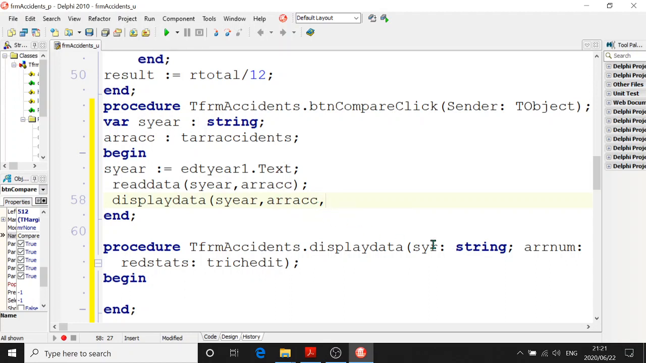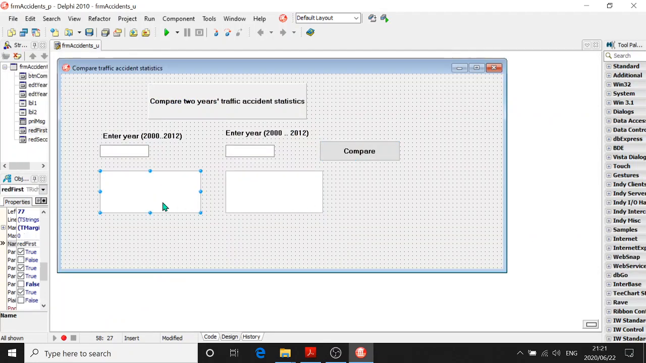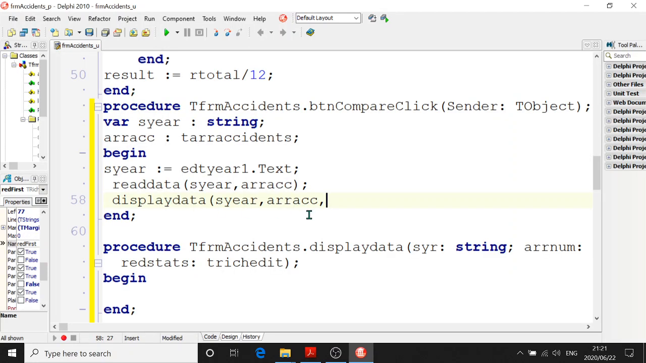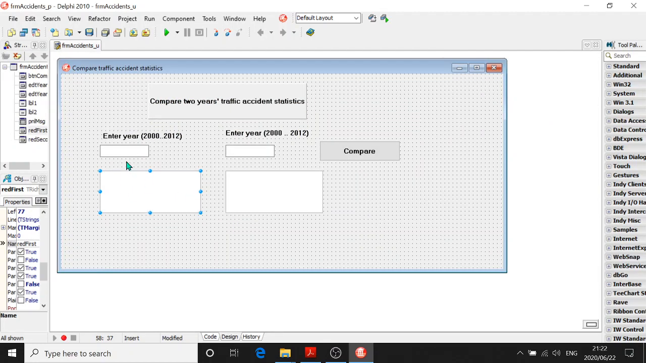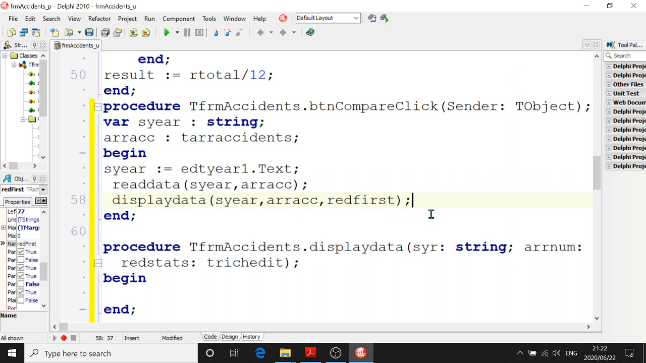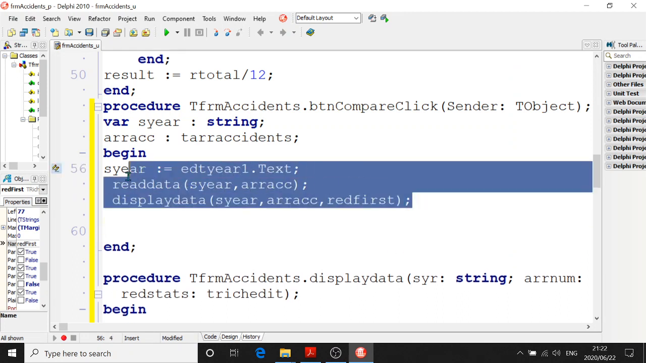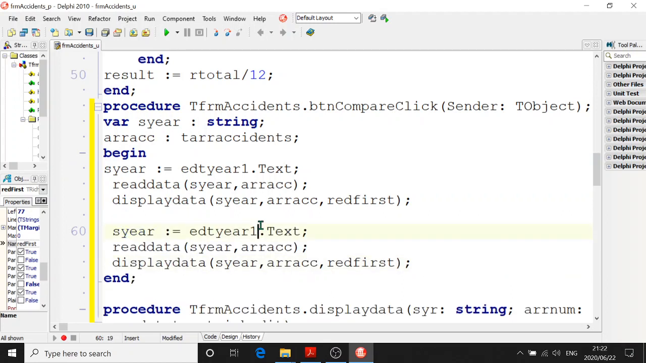Remember, the rich edit name that we're going to use here is going to be this one, RED first. Where did I get RED first from? This rich edit over there, because EDT year 1 will be RED first. EDT year 2 will be RED second. So I'm going to actually just copy and paste that and read from EDT year 2 and type here already